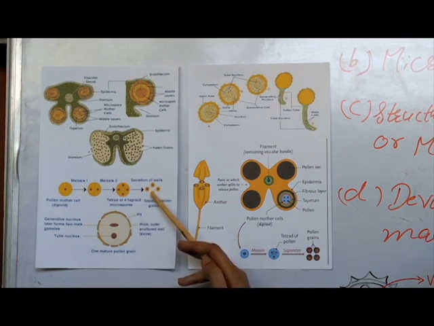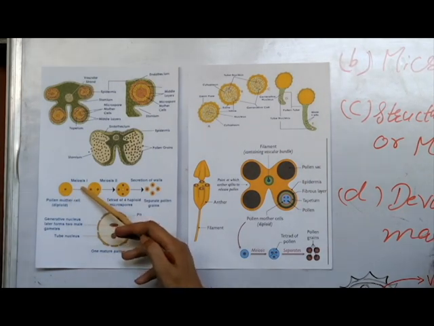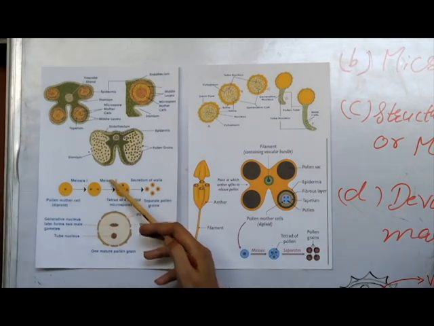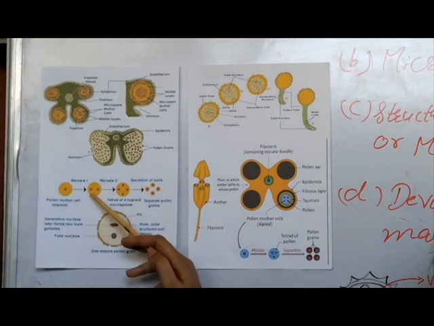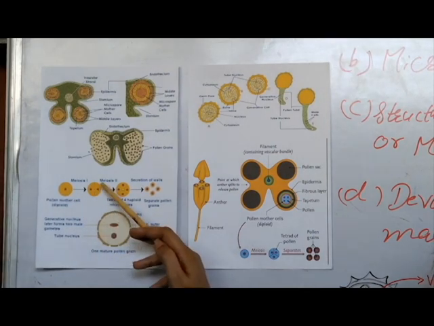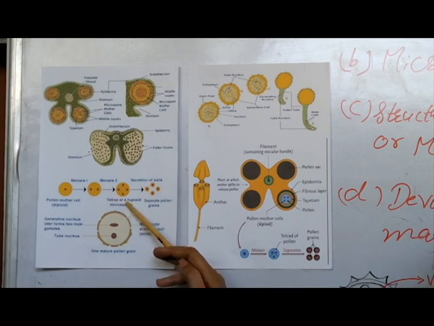Now we will do the mechanism. Each microspore mother cell undergoes meiotic division, meiosis 1 and meiosis 2. First it undergoes meiosis 1 and 2 cells are formed. Again they undergo meiosis 2 and 4 microspores are formed. This is called a tetrad, or 4 haploid microspores.